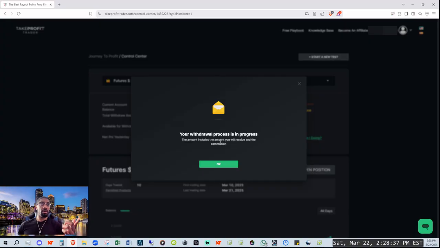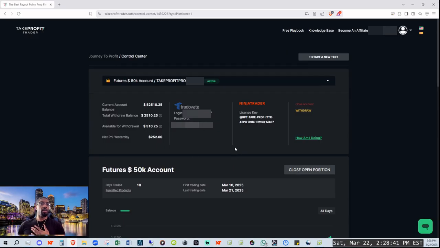The amount includes the amount you will receive and the commission. So I'll go ahead and click OK. And yeah, I guess we will see what the result of that is. I'll probably do another video about that just to show what happens once a request is either approved or denied. I haven't really heard too much about people getting denied with payouts with Take Profit Trader. So yeah, we will see what happens with the